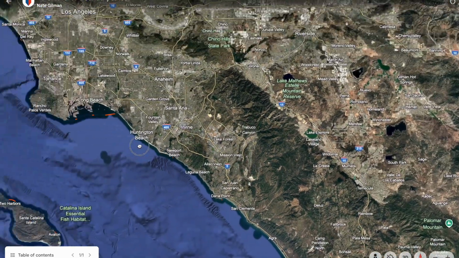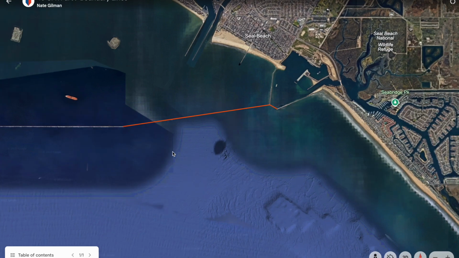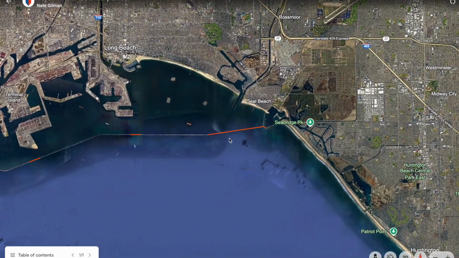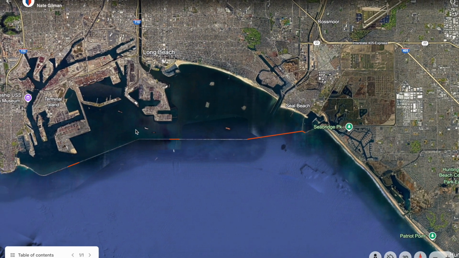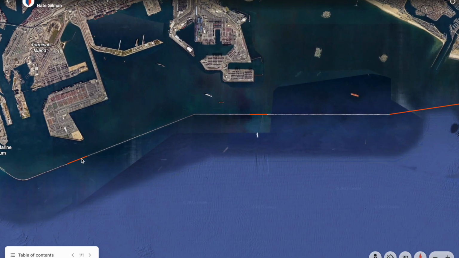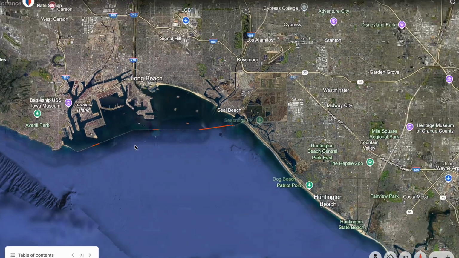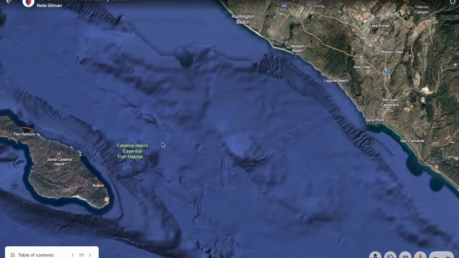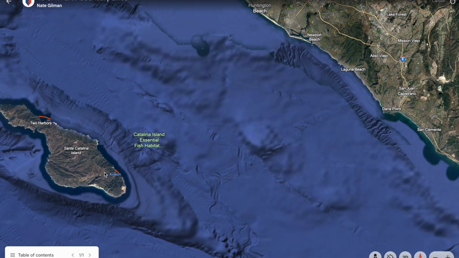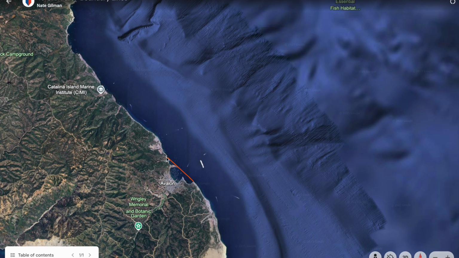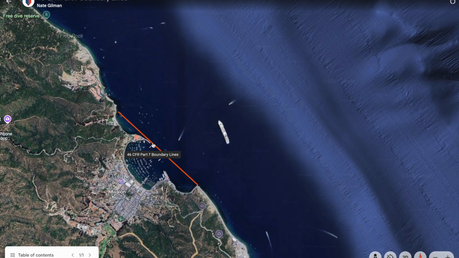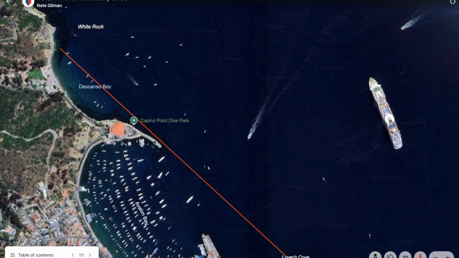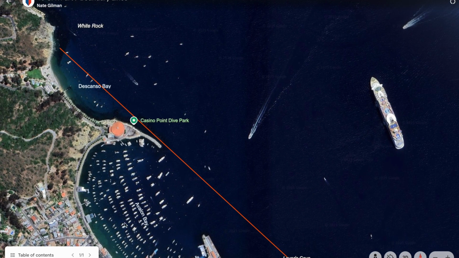We're making our way up. Long Beach is pretty self-explanatory as well. If you are inside the bay at all in LA Long Beach, you are in inland waters. The second you cross through the breakwater thresholds, you've come over here, this is all near coastal. You can see on Catalina Island, this is all going to be near coastal until we get back into Avalon. So you can see in Avalon, there's a line that comes from Casino Point, basically right across White Rock to Avalon Point with just a little bit of casino in there. So this is all inland.